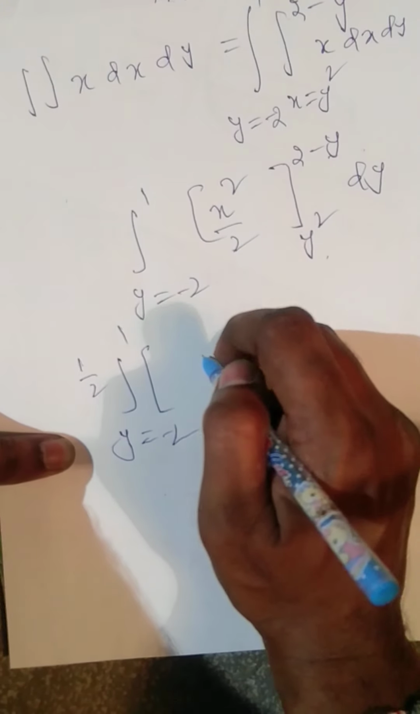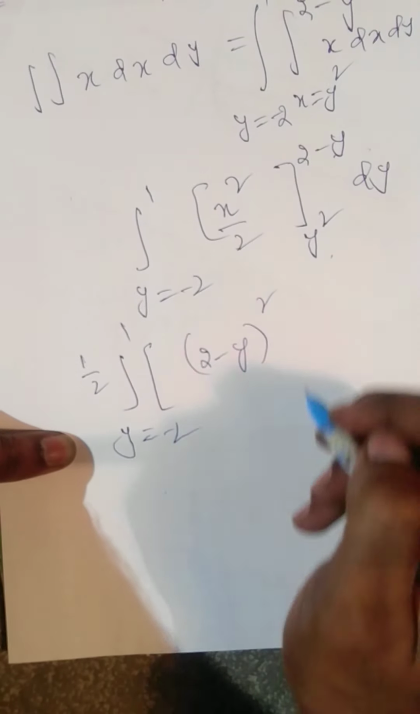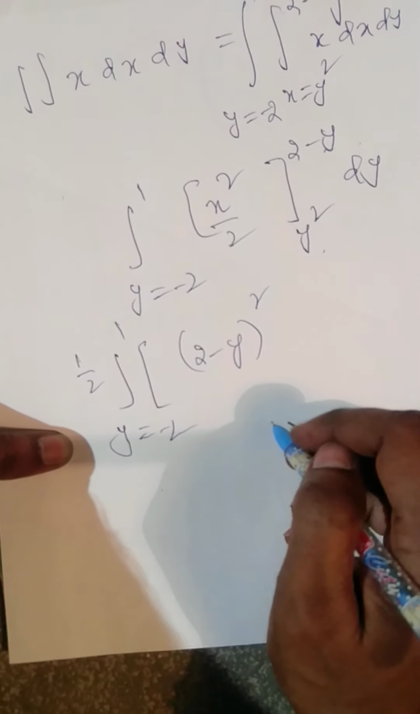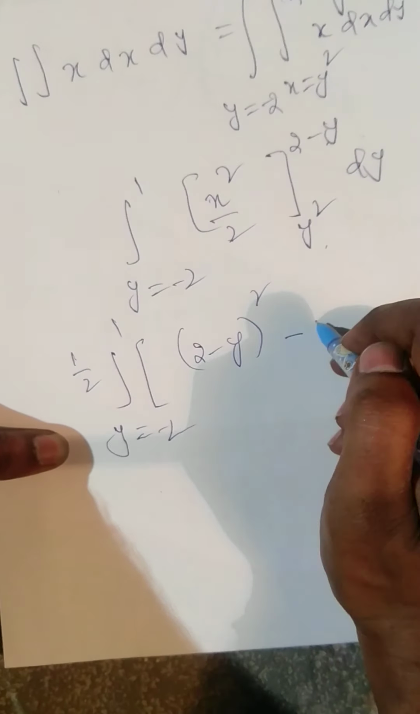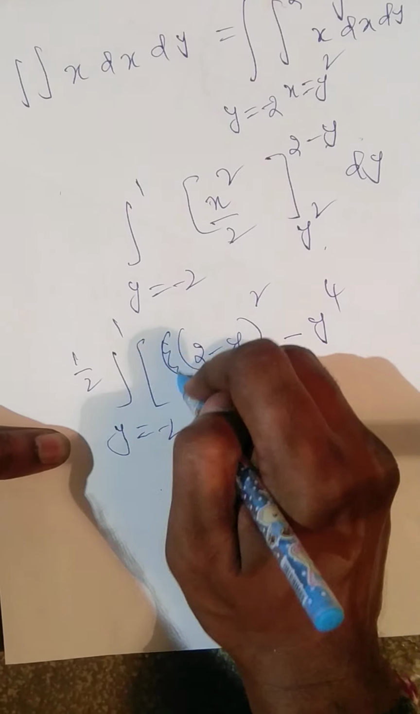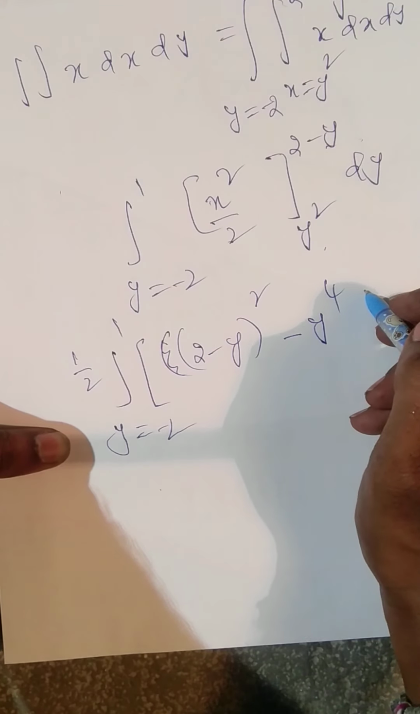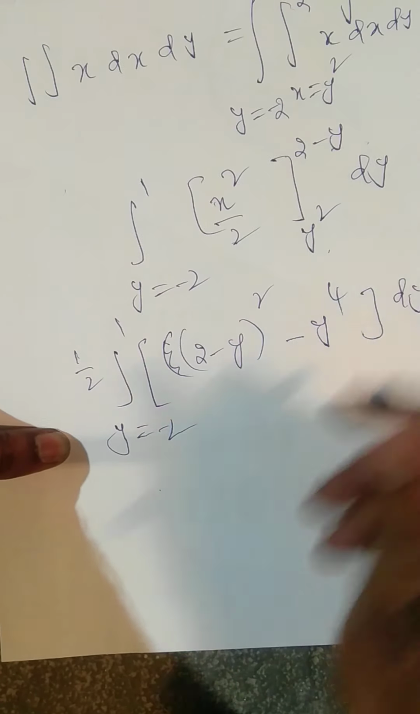In place of x square you can write (2 minus y) whole square. Okay, (2 minus y) whole square minus y square, whole square, that is y to the power of 4, in, already we have the bracket, right, into dy. Is it fine? Now if you simplify this,